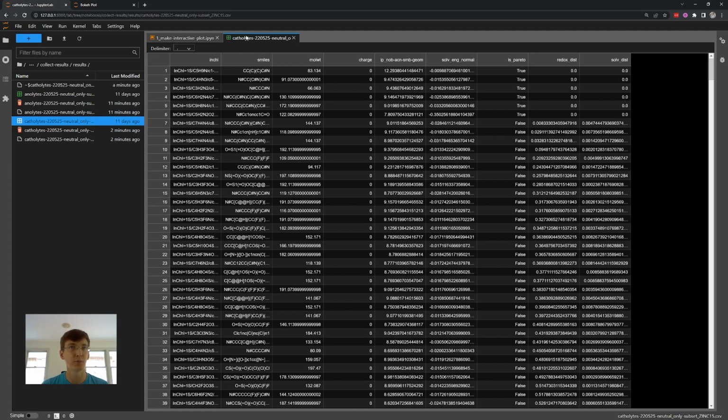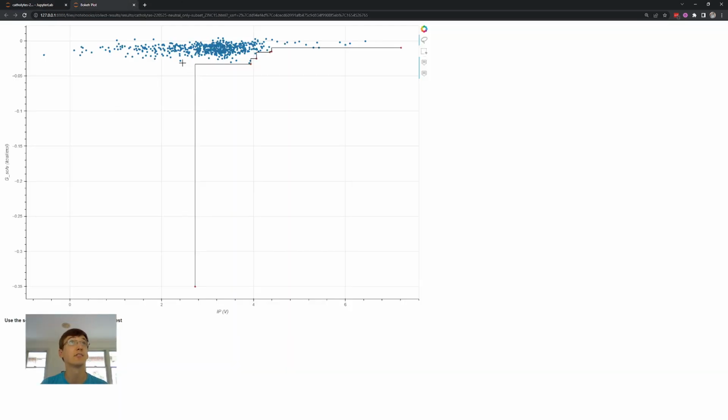Now, this is the output as I get it as a scientist. I have the names of the molecules in string formats. I have a little bit of data about the molecule, and I can use this to get a sense for what the search is. And while this is meaningful to me, it isn't a great way of communicating the data to others. So what I'm going to talk through today is a way of turning data like this